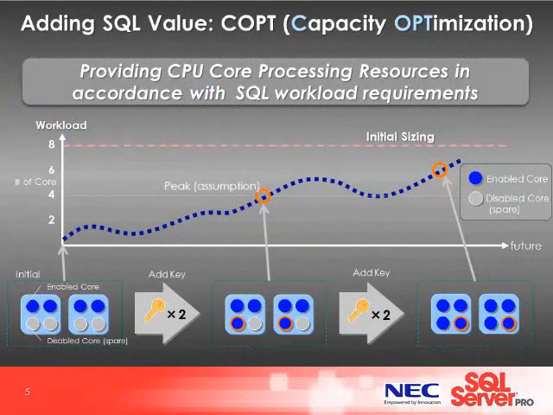With a proven track record of engineering servers to deliver record-breaking performance, in addition to performance, we've engineered our next-generation enterprise servers to maximize agility for SQL users. We've done this with a technology called Core Optimization, or COPT. As mentioned earlier, as SQL workloads change, the ability to add cores is important. With a large number of cores now available, being able to optimize the core allocation becomes a new consideration in advanced server designs. With COPT,